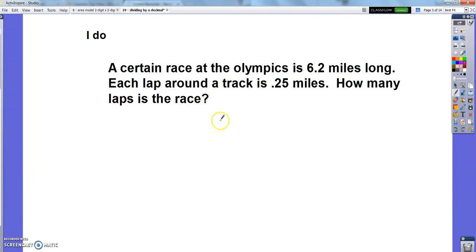So what I'm going to do is take 6 2/10 miles and divide it by the length of the laps, and I'm going to see how many laps it is. Now, what's going to happen? This is kind of like dividing by a fourth. So the race is going to be more than 6 laps, right? I'm dividing by a fraction, so I'm going to go up. And I just didn't want you to be surprised by that before. But to do it,